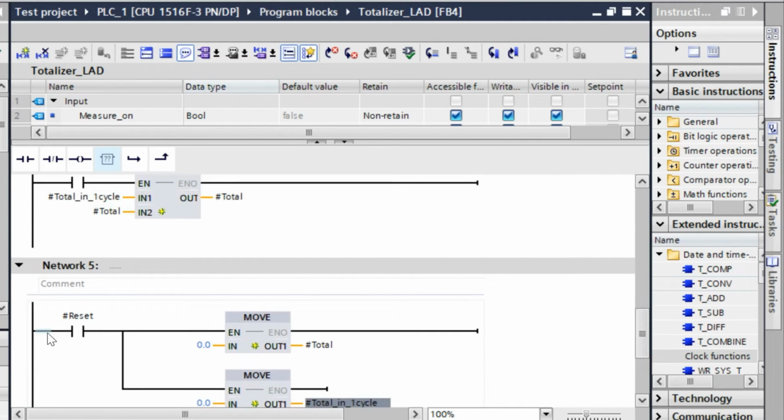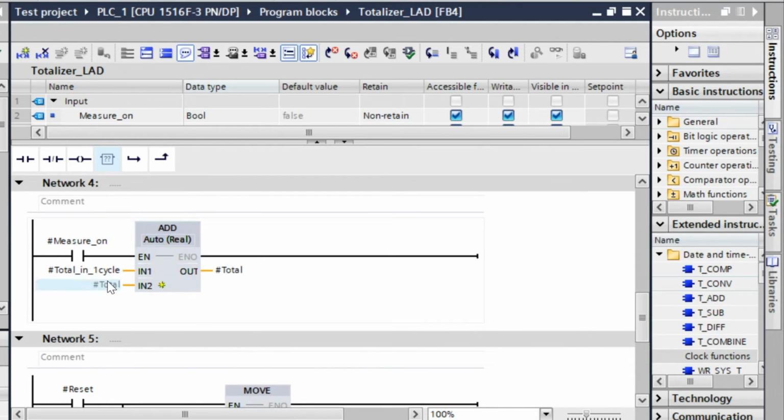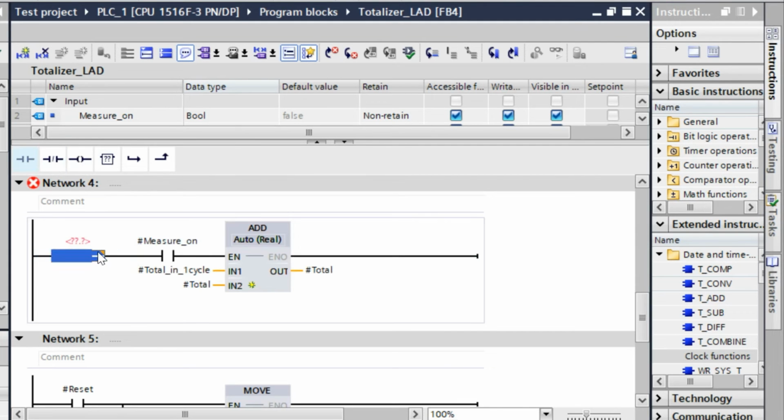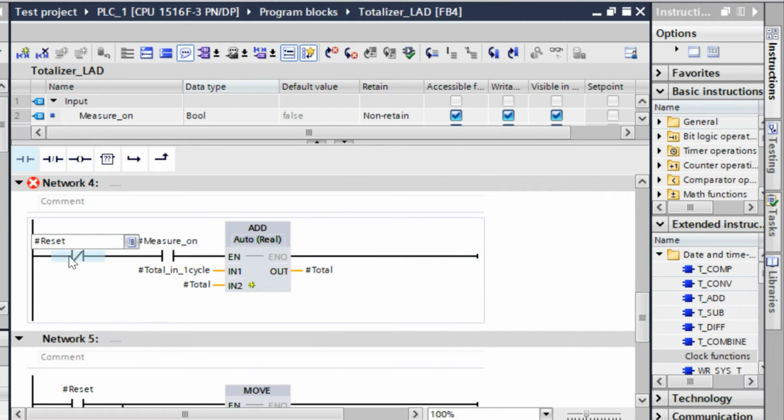Okay, when the reset is generated, that time there should not be any addition value there. So the addition will only work when there is no reset command. So the reset command is with that addition value. Okay, now